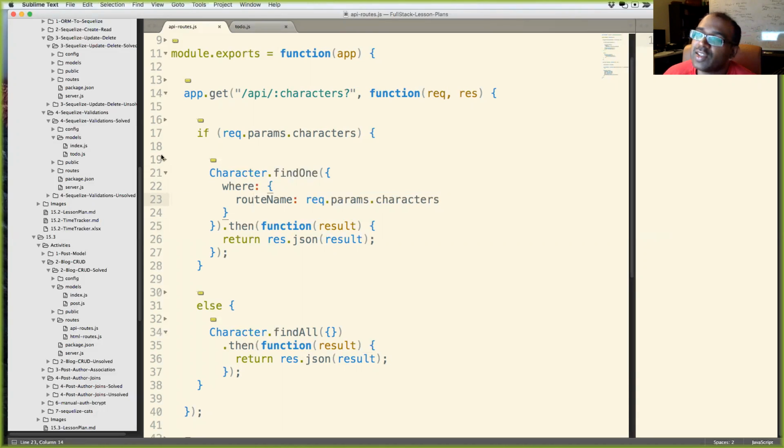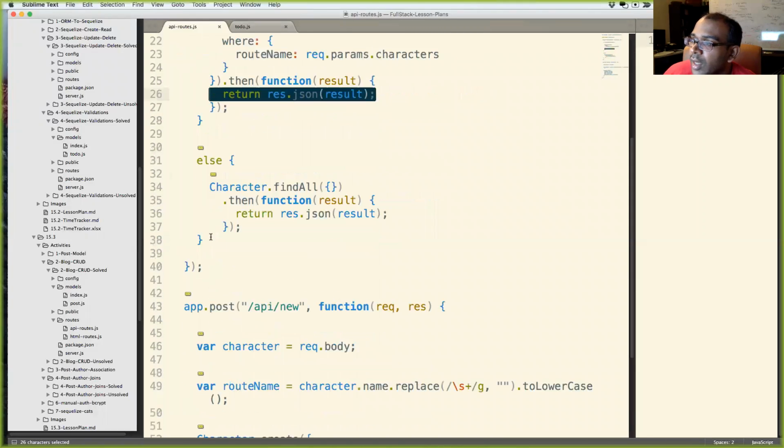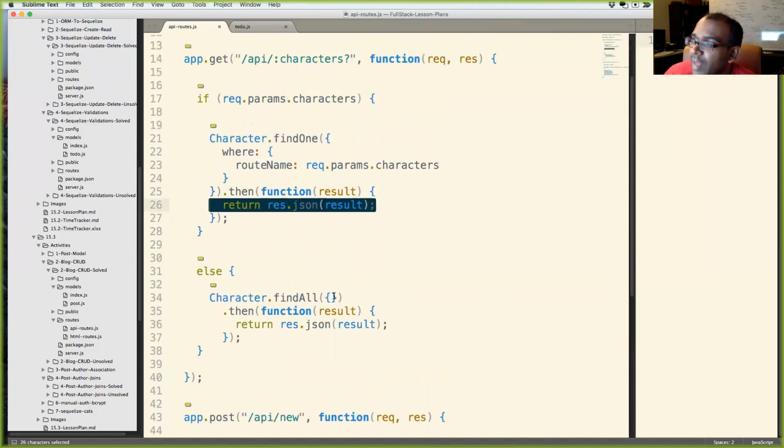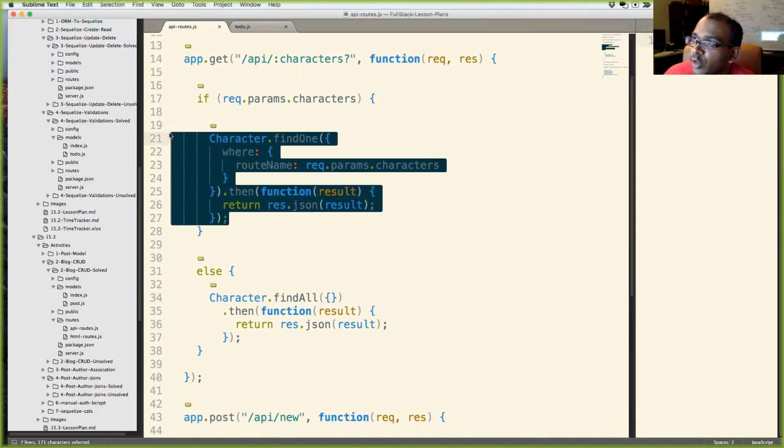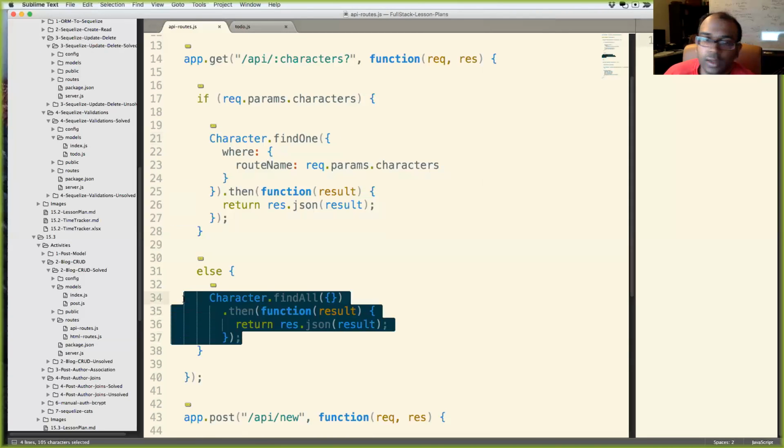This is a totally different example, totally different file, where a column named route name is this characters thing. And then if it is, it's going to return that object right here, as opposed to find all with empty brackets. So find one returns one record in an object. Find all returns an array of records. Any questions about that?